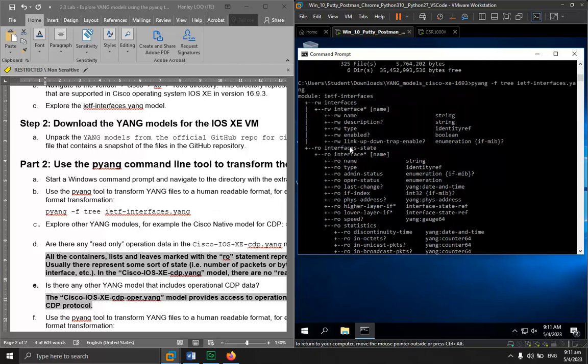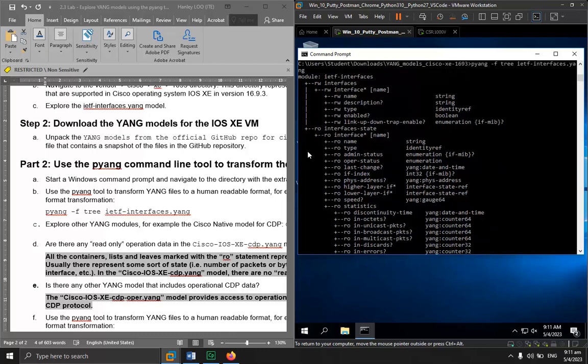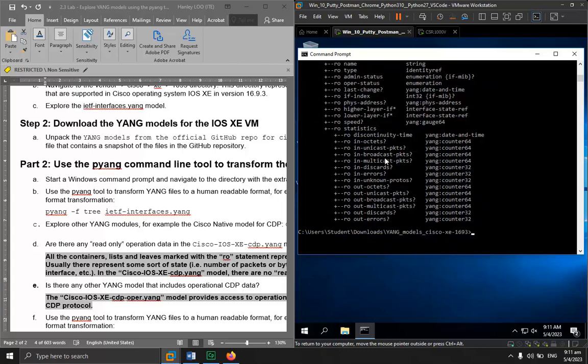What does all this RW, RO mean? If it is RW, that field can be read and can also be overwritten with a value that you use to configure the router. RO means that it's only a status that you can read information from.